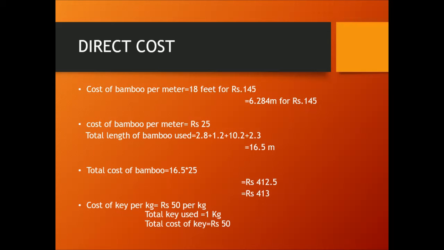Further, moving on to the cost analysis part of the truss, I would like to explain the different types of cost which we are going to consider in this making. The first is the direct cost. Direct cost is a price that is completely attributed to the production of a specific good or service. Some costs such as depreciation and administrative expenses are considered to be direct costs.